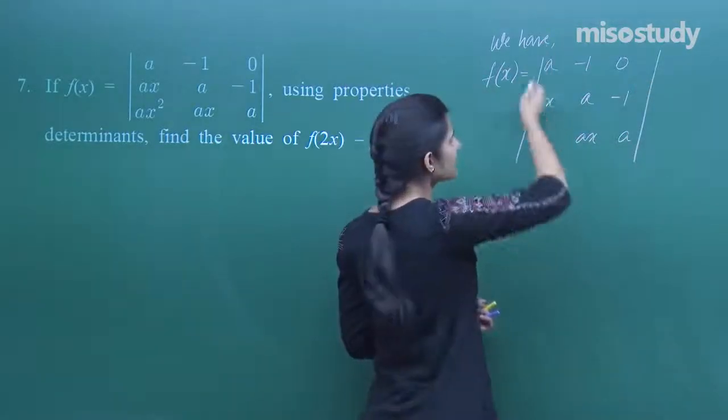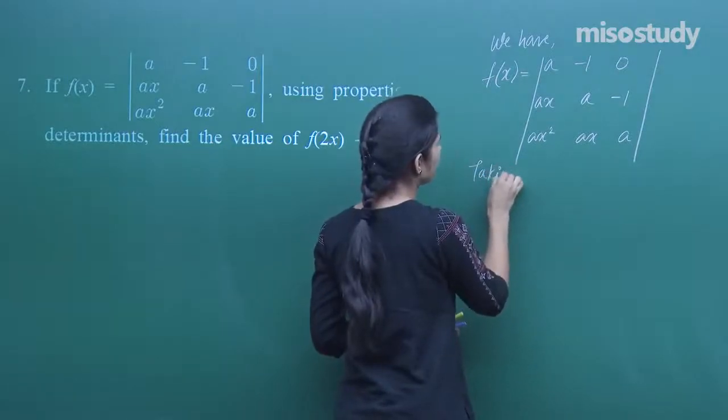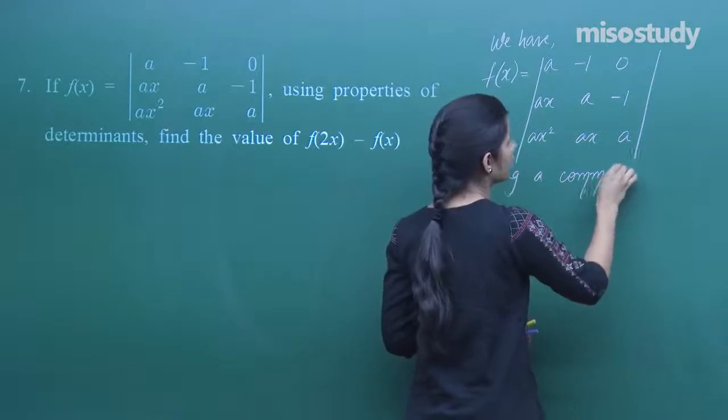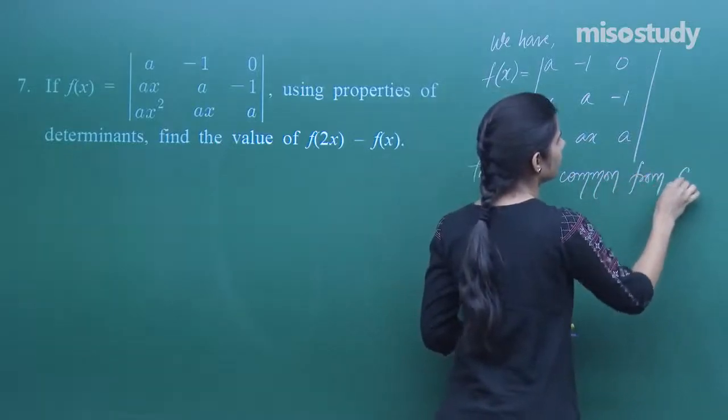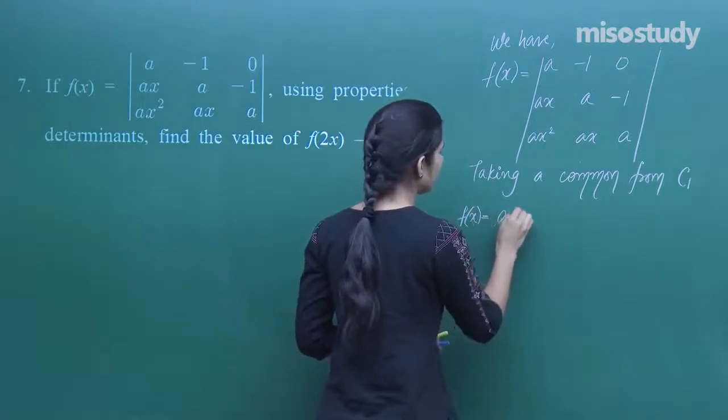Clearly you can see in the first column there is a common a. So taking a common from column 1,